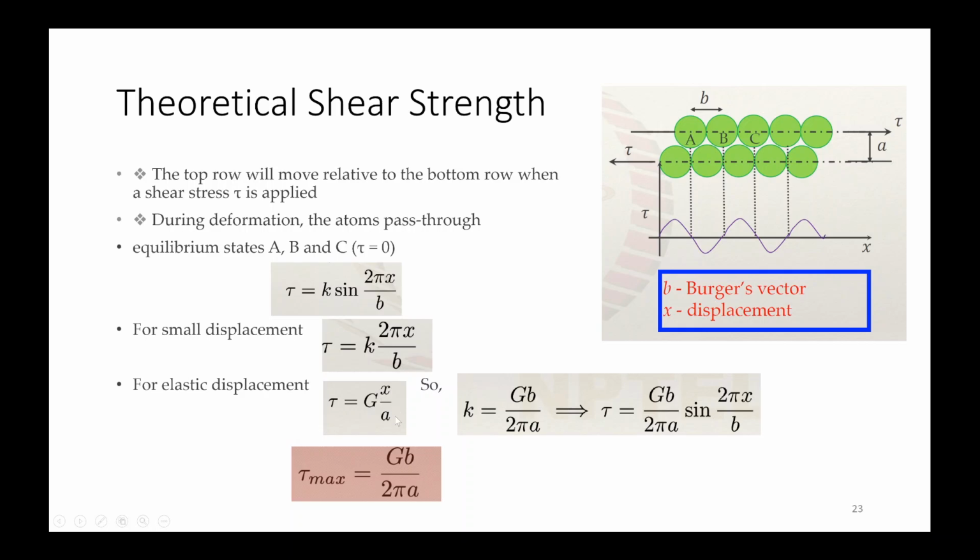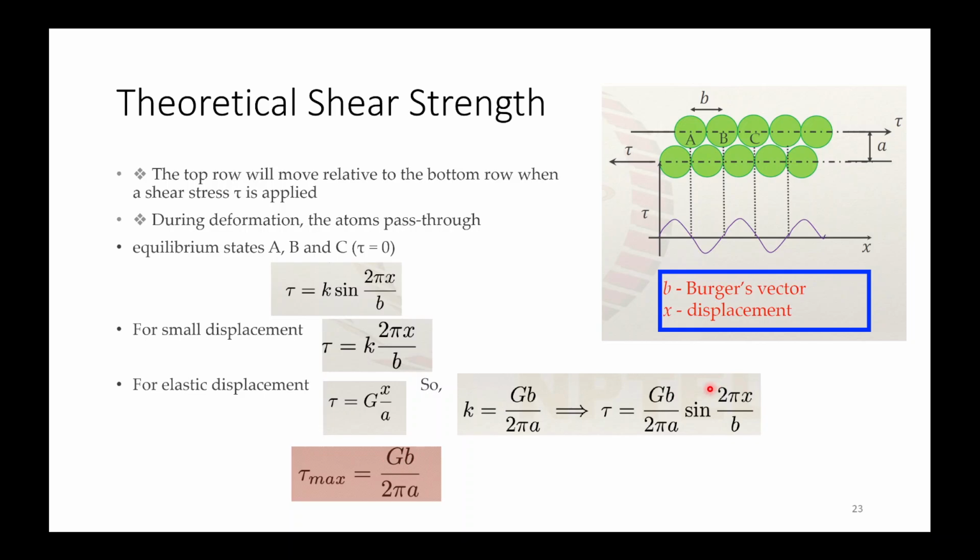So your strain will be x upon a, G will be shear modulus, and tau will be shear stress. Now when you equate both of these equations, you'll get the value of k, and putting this value of k in this equation, you'll get tau max equal to G b